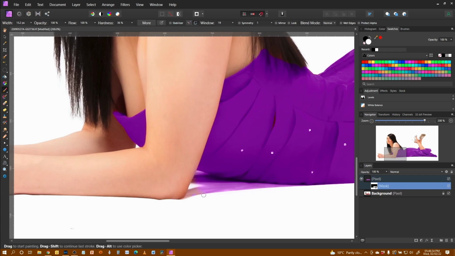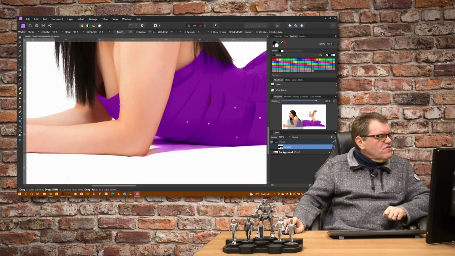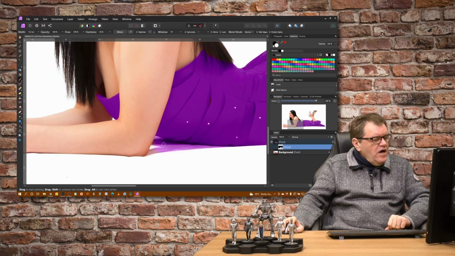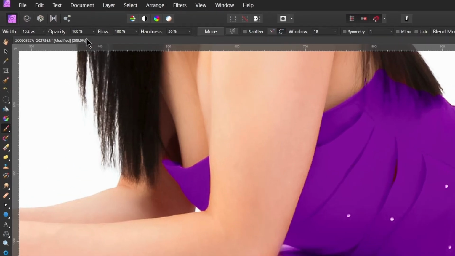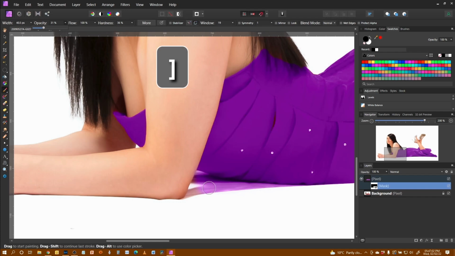Now, here's one that I do want to talk about. You see the purple here and the reflections. Now, we'd selected that whole area and it's all gone purple. In reality, we just want to feather that in. We just want that slight hint of purple on there. So using our brush, if I go to black on here and change my opacity down to about 30%, give myself a reasonable sized brush,